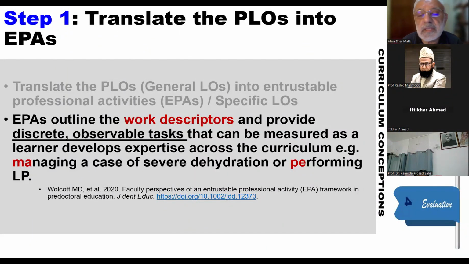For example, managing a case of severe dehydration or performing a lumbar puncture. So these would be the learning outcomes for students, so that ultimately they can achieve the expected